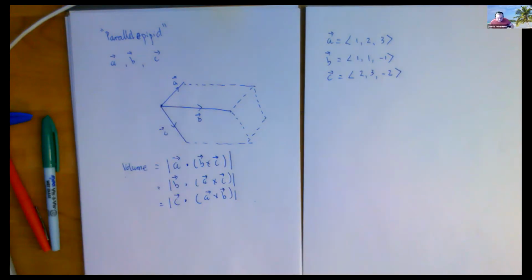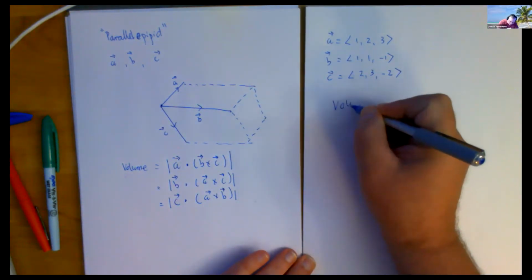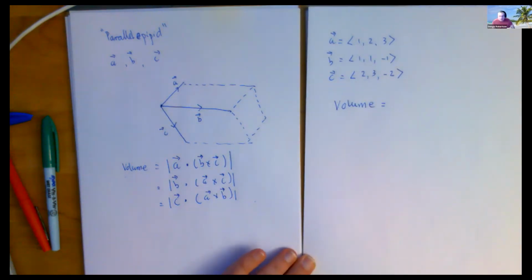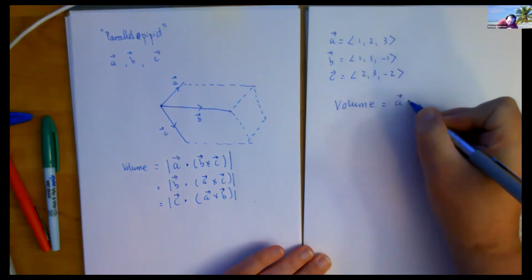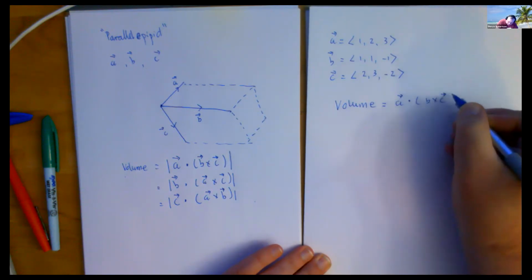And the question is asking us to find the volume of the parallelepiped. For no particular reason except its alphabetical order, this is the calculation